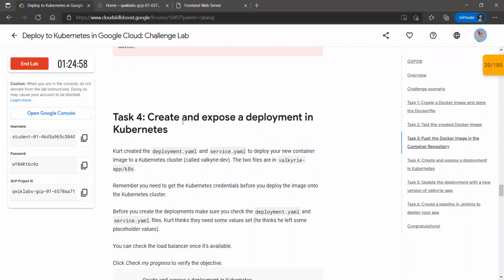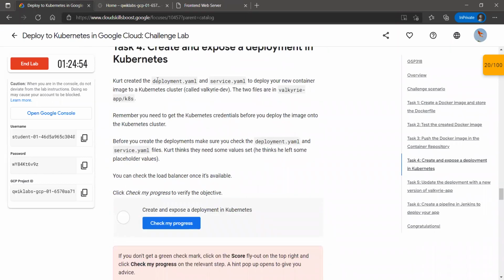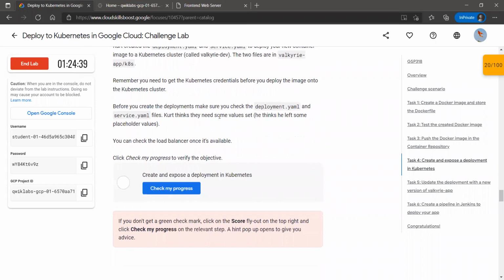And the fourth task is to create and expose a deployment in Kubernetes. Kurt created a deployment.yml and service.yml to deploy your new container image to a Kubernetes cluster, valkyrie-dev. So we have to name our cluster valkyrie-dev. Remember, you need to get the Kubernetes credentials.